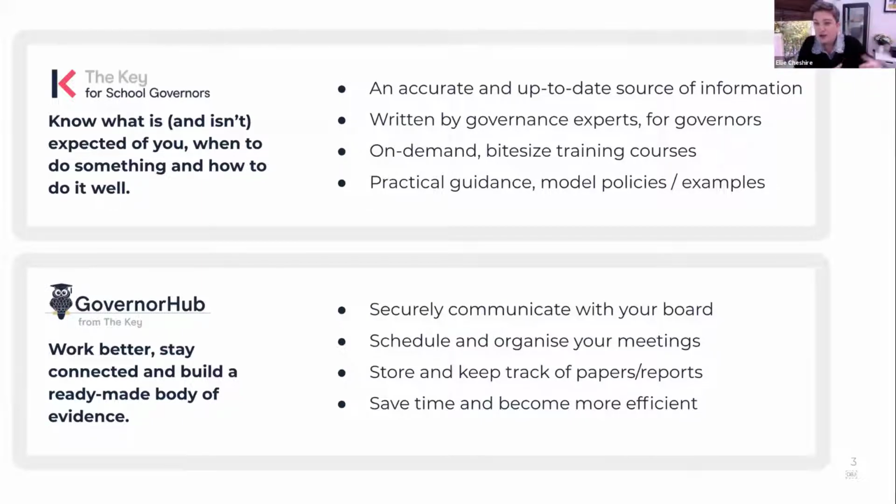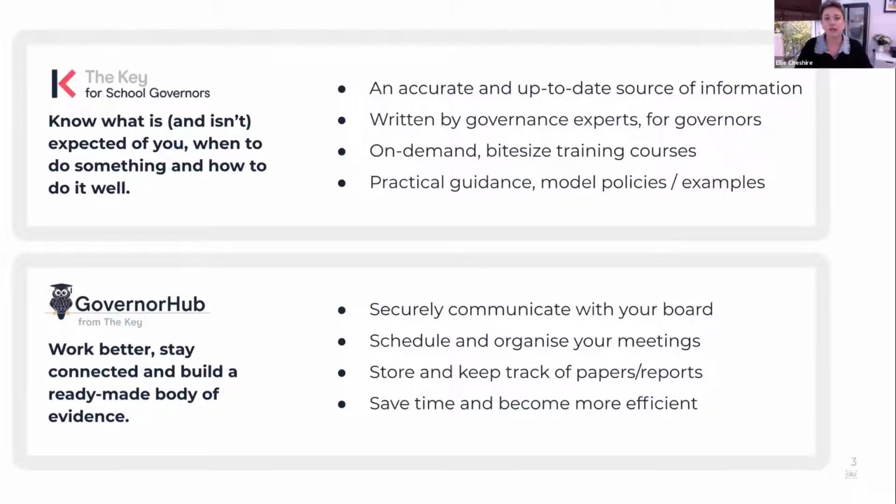The GovernorHub side will just make sure that you've got all your papers when you need them, give you a bit of help getting organised, all that sort of stuff. It's almost like your best governance friend. It's like having a really awesome new governor join your board and make sure everyone knows what to do and is feeling confident. I love that. I think it's a really good analogy. It's just that little support, that little extra chair, the empty chair that you're giving a carrot to. That doesn't work, but there we are. So that's how I see these products working together.